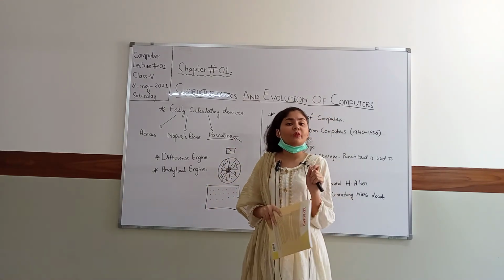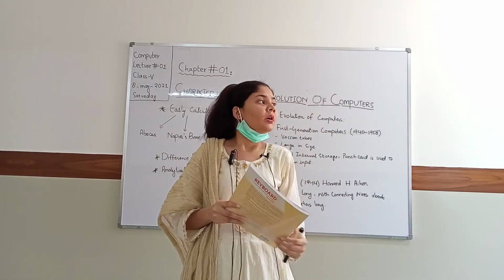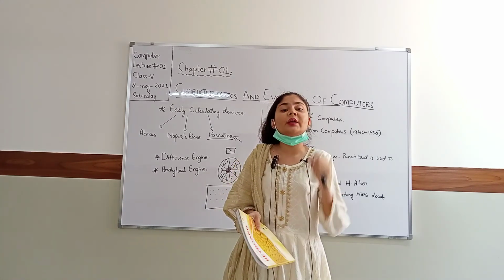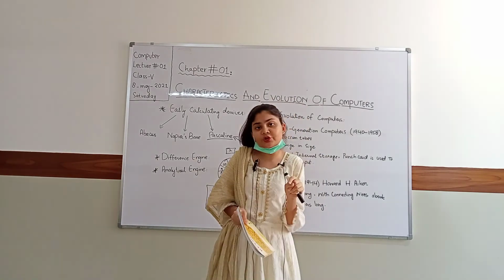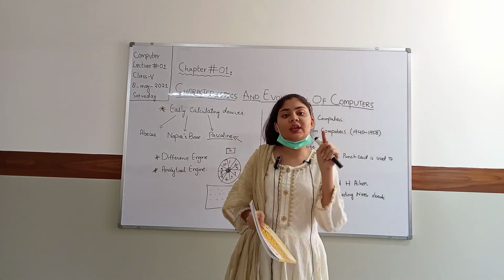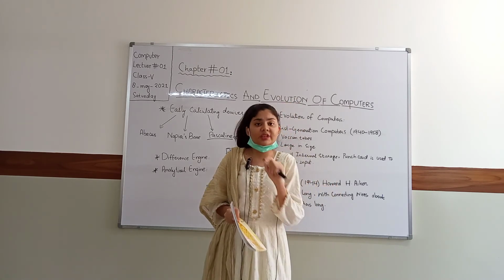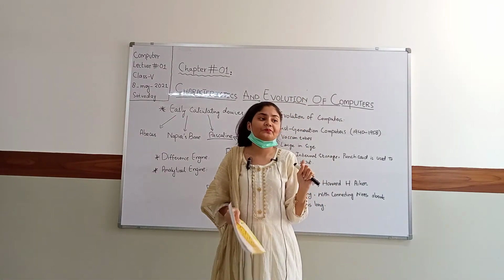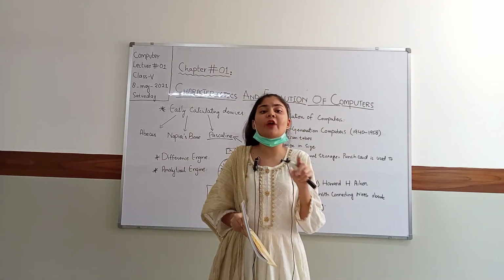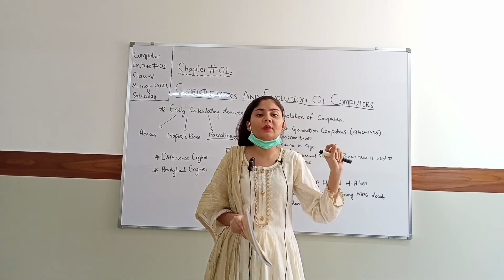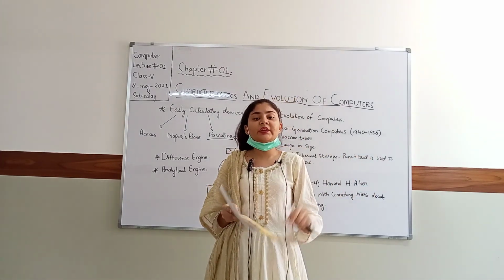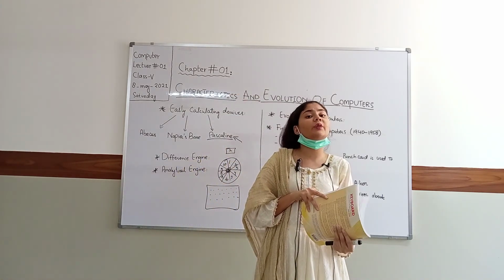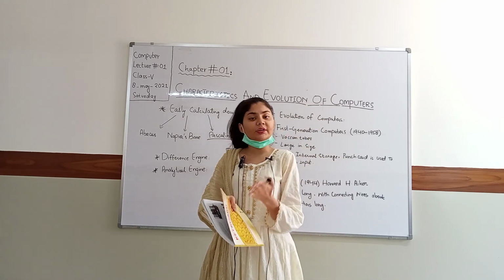Now we have the homework, class. What you have to do is read the chapter, pages 1 to 3, carefully, and on page number 10 you have the descriptive question answers. Questions C and D you will do descriptively, and the answers should be detailed and proper. After that, you have to maintain the index as well, with the time and the date mentioned, and make the first title page. The first term has started. Then your chapter title page, which is Characteristics and Evolution of Computers. Then on the third page you can start your working.